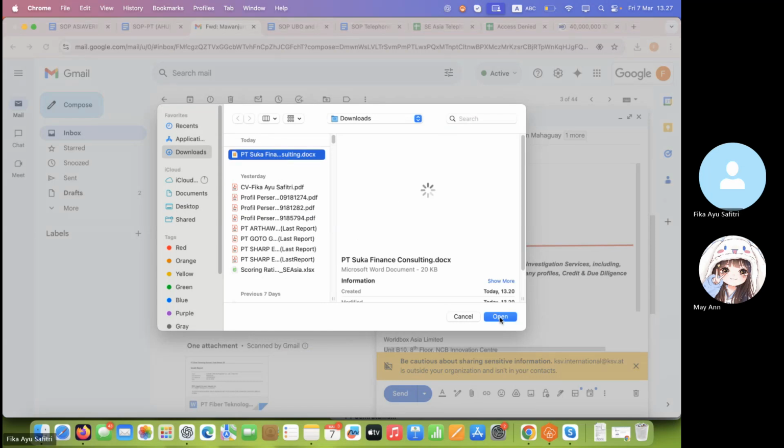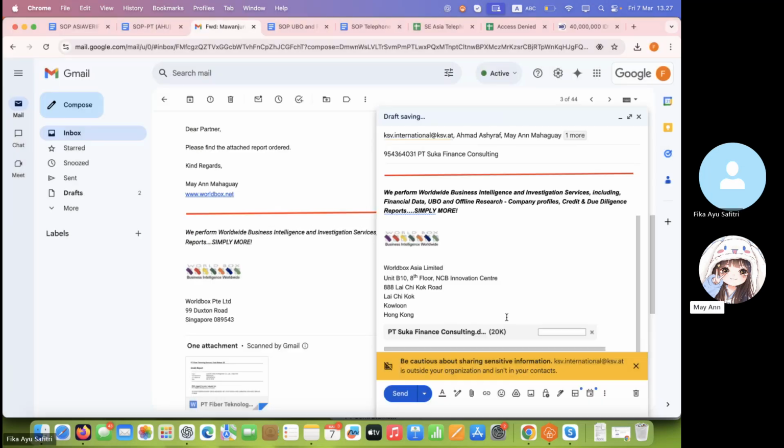This one. Yes. So if ever you were sending a report, once you send the report, you can delete it in your folder. So there won't be a mistake in archiving it or uploading the report. So it will not be a problem that you sent a different report. Okay. So you can click open.